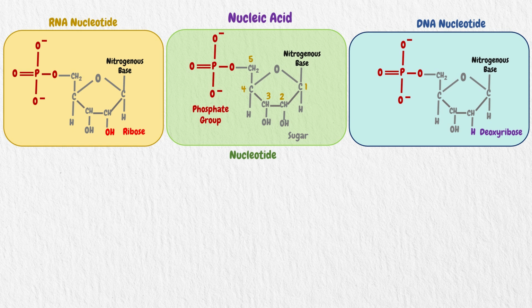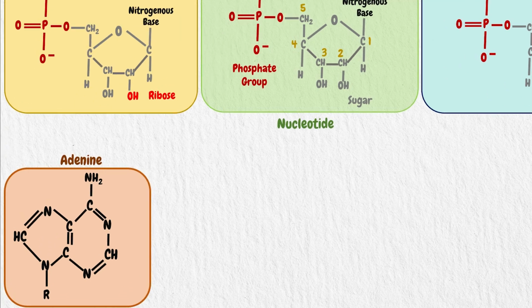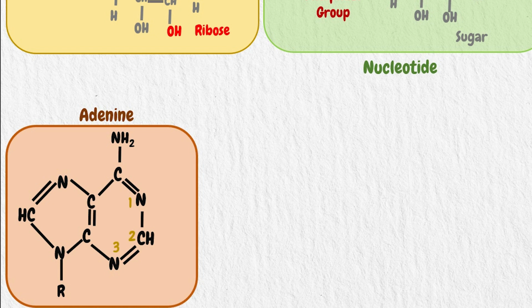Let's understand the structures of nitrogenous bases. This is adenine. It has 2 rings. One is 6-membered, and the other is 5-membered. Let's start its numbering: 1, 2, 3, 4, 5, 6, 7, 8, and 9. As the name indicates, nitrogen is present in its structure, as it is a nitrogenous base, and an amine group at position 6 and R group at position 9,